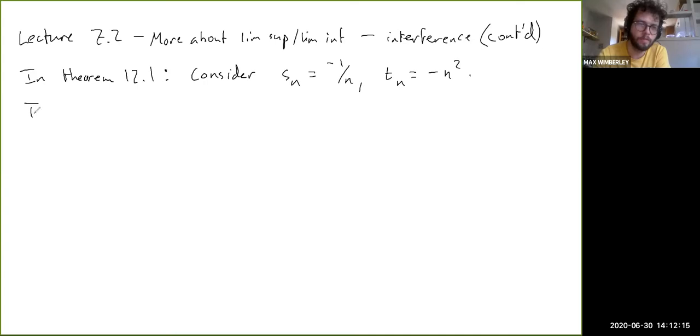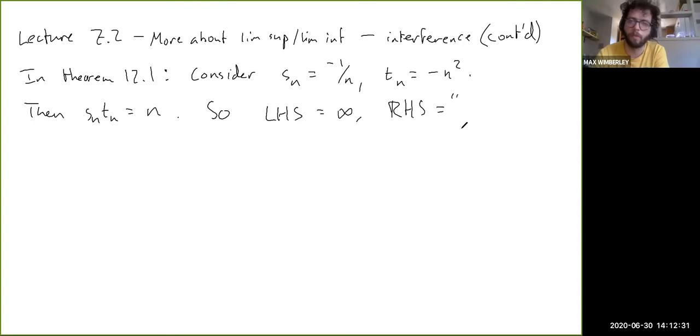So then Sn Tn is just n, okay? So the left-hand side is infinity, and the right-hand side is the indeterminate form, which I'll put quotes around, 0 times, right? So 0 is the limit of Sn, and then the lim sup of Tn is negative infinity,